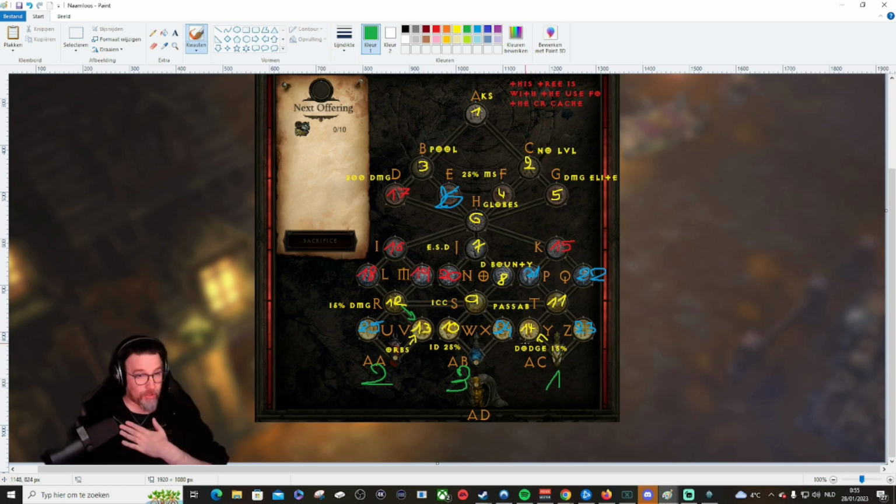I will go for 14. Why will I go for 14? Because I'm going to use the increased chance to dodge by 15% early on, because I'm going to play PoJ Monk, and that's very important for me if I want to start doing stuff early on in the game. So this unlocks 1 to 14, and that is with the